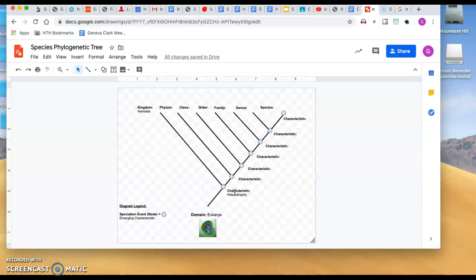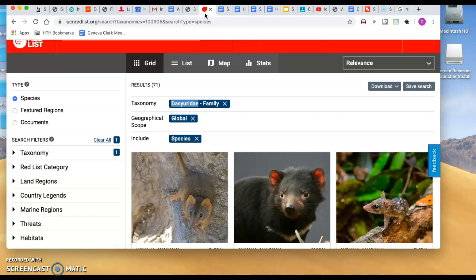And that word is a recap from our vocab on food web. Again, a heterotroph is any type of organism that has to acquire nutrients or energy from something else. It cannot make it on its own. So with that being said, as you go through the categories, there might be more than one characteristic that falls within that category, but I'm only looking for you to include one, just to keep it simple. So let me do a brief example. So let's say,